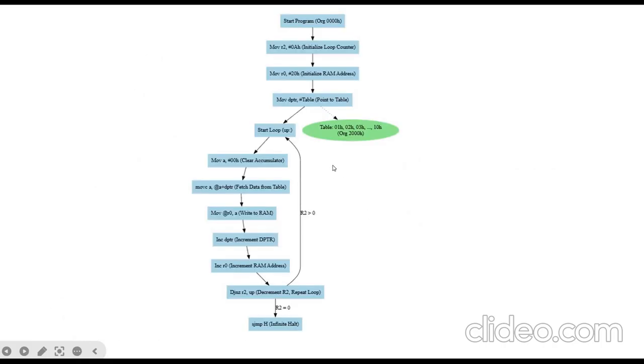So here this is a flow chart or flow diagram. What we are doing is we are starting the program at 0000h with the instruction org 0000h. Then we are initializing the loop counter, that is mov R2, #0Ah. Then we will initialize the RAM address, mov R0, #20h. After that we are using mov DPTR, #table, which will point to the table, okay, which is at